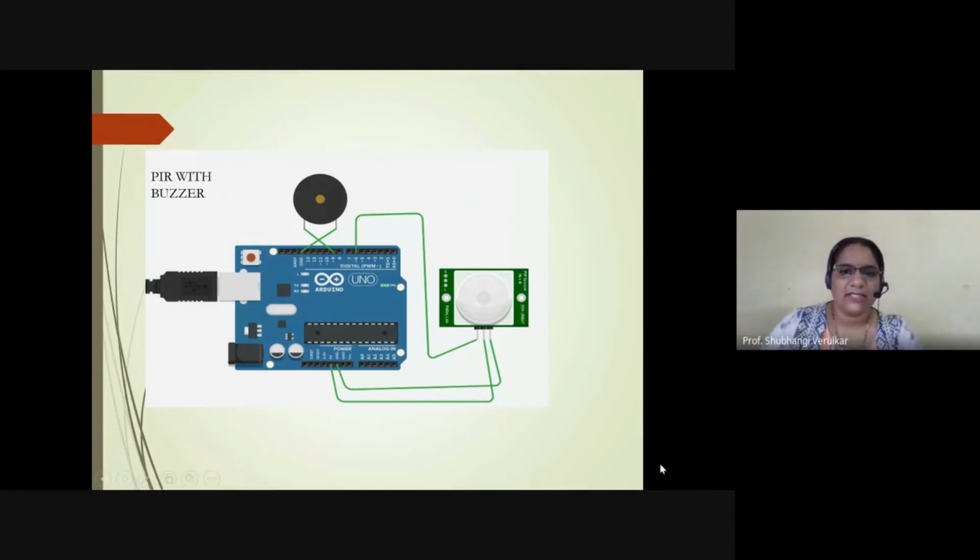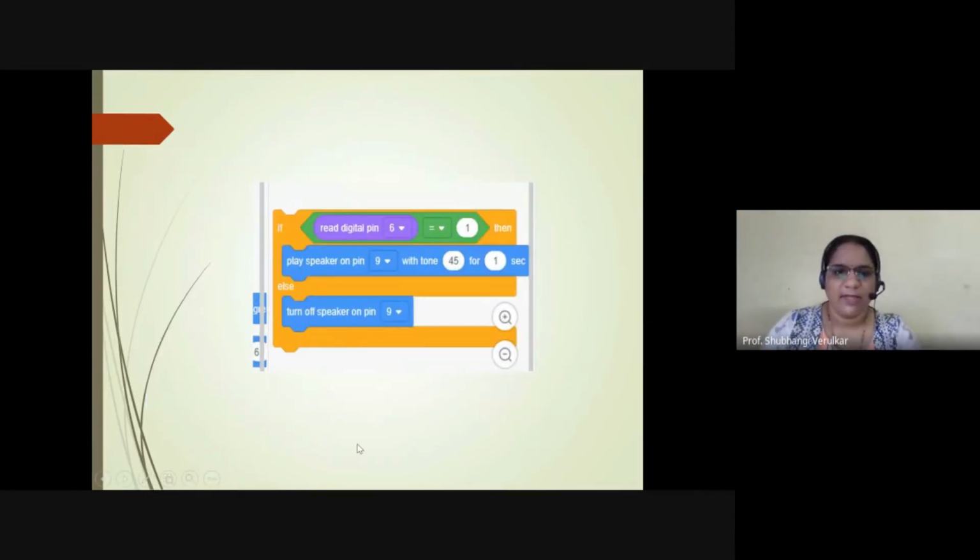So I hope this is clear now. About coding, it's very simple. In a similar way to whatever we did for a switch, you may feel the switch was easy. The switch is similar to PIR. The switch is similar to IR. Everything is similar. You just have to do a correlation, nothing else. So whatever we did for a switch, similar thing. If you take an if-else block, then take another. This green one is a match block you have to take. You have to set it to an equal-to condition. Then read this pin. We read from pin number 5. Here you have to read from pin number 6. If you are connecting again to pin number 5, then you have to read from pin number 5 only.